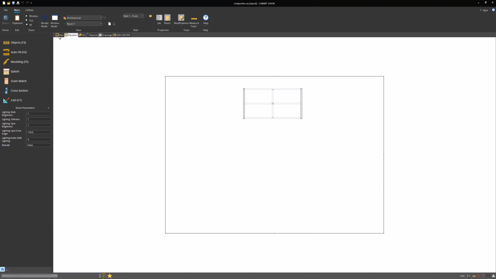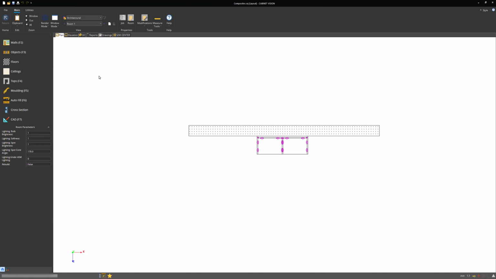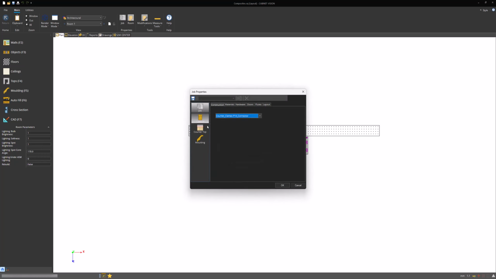So what I'm going to do to apply my composite material, I obviously could create a completely new material schedule, and if I'm going to be using this from job to job, that's probably what I'm going to do. To make life a little bit easier, I'm going to modify the materials that I've got currently applied. So if I head into cabinet, into materials, I'm going to modify the materials for the standard upper material schedules. So if I hit modify for this job,